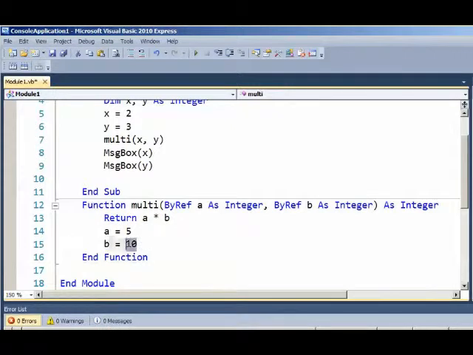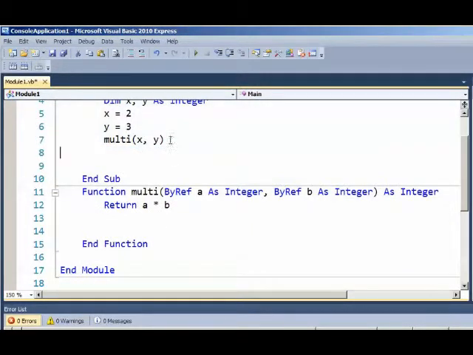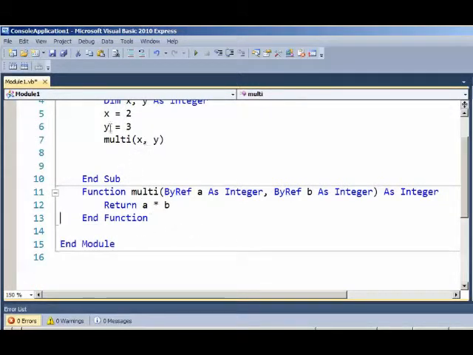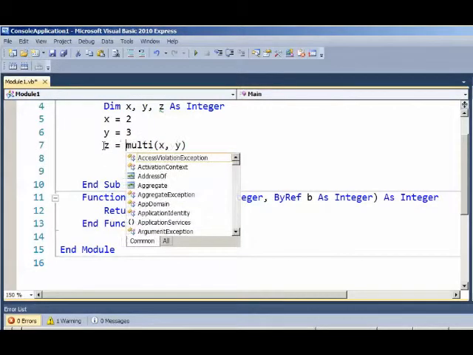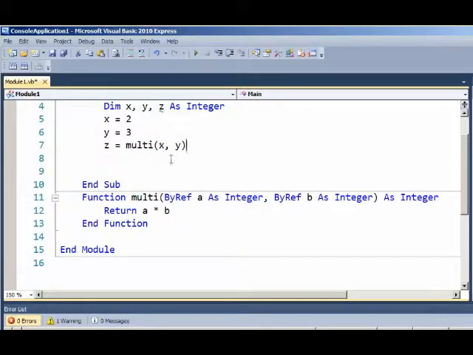and we can lose this bit right here. That was for the last demonstration. We don't need this, and we don't need this, but what we can do is, because this is returning, this now has a value, so I could set another variable over here, z as integer, and I can come over here and I can say z is assigned the value of the function call. The function call passes in two numbers in this case and returns a number, so I can assign that to z, and I can print out z,